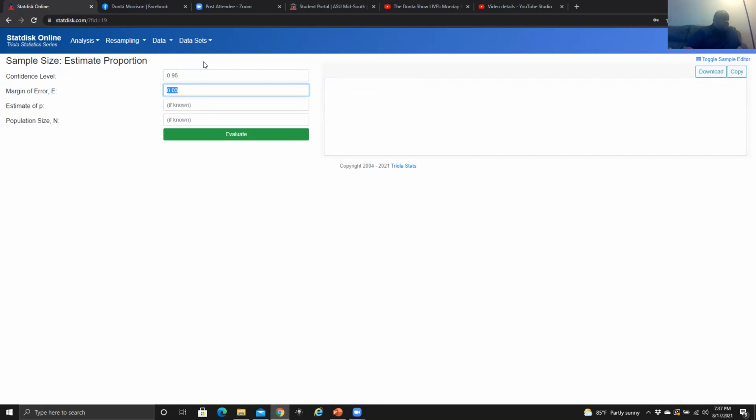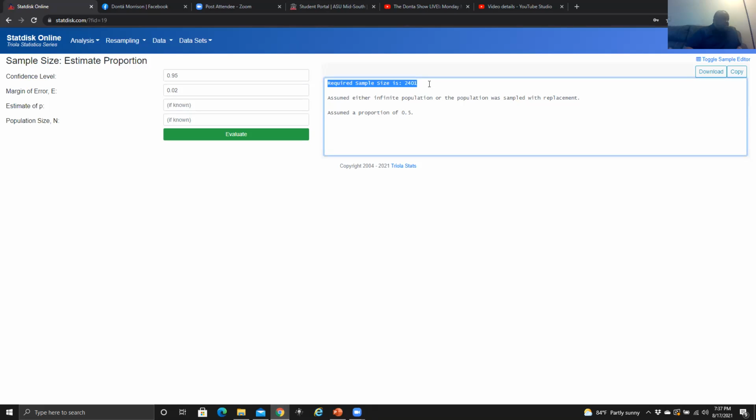All right, now the margin of error was 2 percentage points, but 2% as a decimal will have to be 0.02. If you didn't know that, you can take 2 and divide it by 100, and it'll give you the decimal equivalent of 2%. Also, we're going to leave these 2 boxes blank because we don't know the estimate of our population proportion, and we don't know the population size. So those we leave blank, and then click evaluate. At the very top, you'll see the required sample size, which in this case is